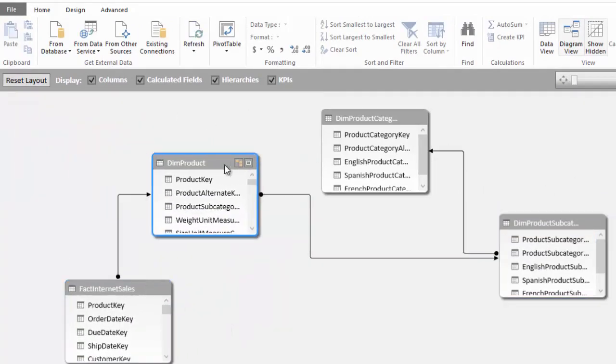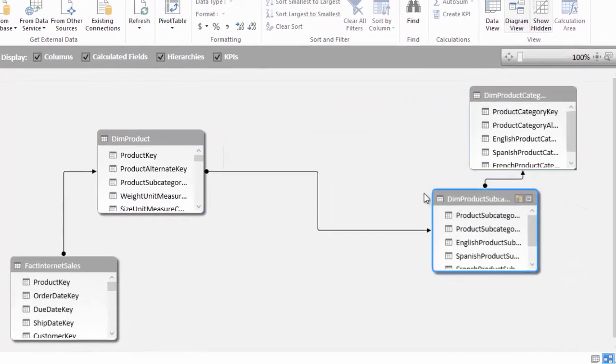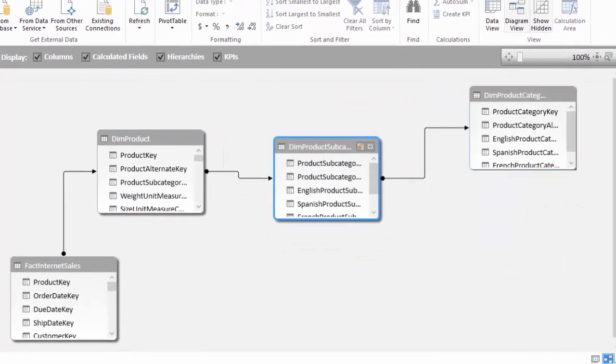You can also arrange the position of the tables in the diagram view in order to better represent the existing relationships in the data model. Using the operations that you have seen until now, you are able to import the columns and the tables that you want in your data model. However, how can you change the settings of tables that you have already imported? For example, if you remember, we have defined a filter on the fact internet sales table by importing only dates that are greater than